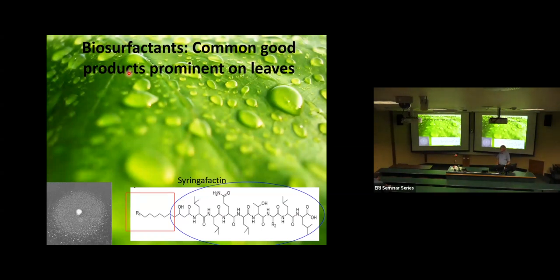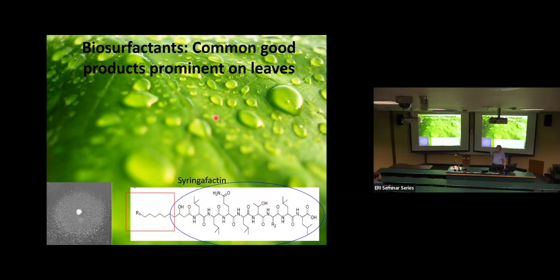Now, one last trait I want to mention quickly is these biosurfactants. When you see dewdrops or raindrops on a plant, the leaves of most plants are relatively hydrophobic. They've got a hydrophobic cuticle. The cuticle is there to prevent nutrients from escaping and also to prevent water from going out of the plant when it's dry. But they're usually pretty waxy surfaces, and it's not uncommon to see drops of water on the surface. Much of the surface would actually be not